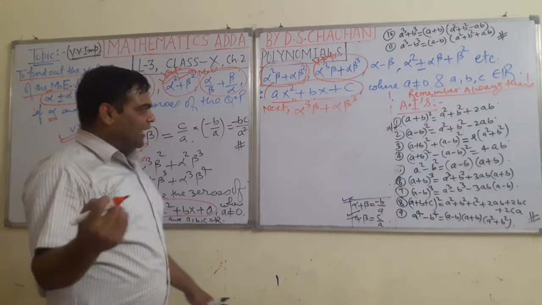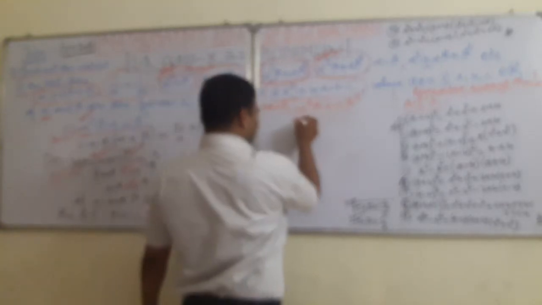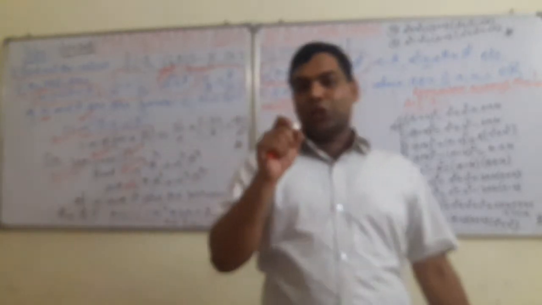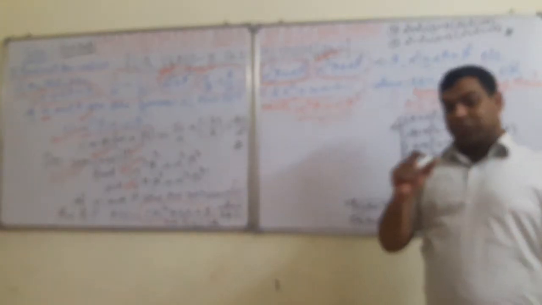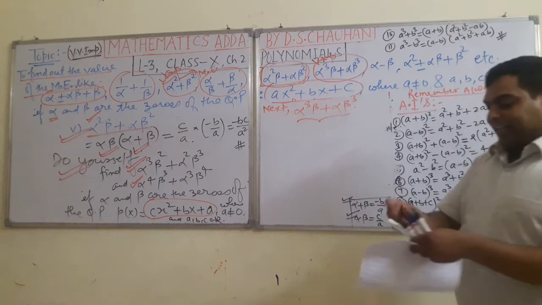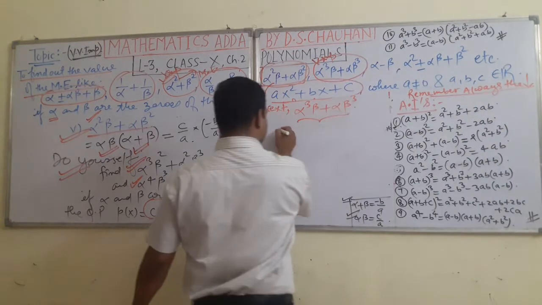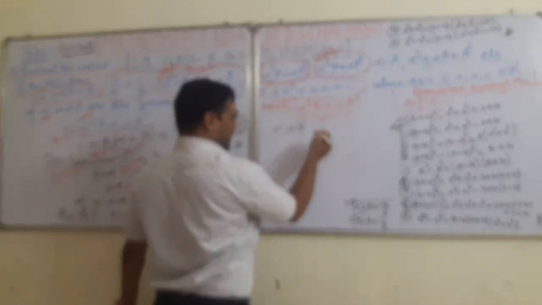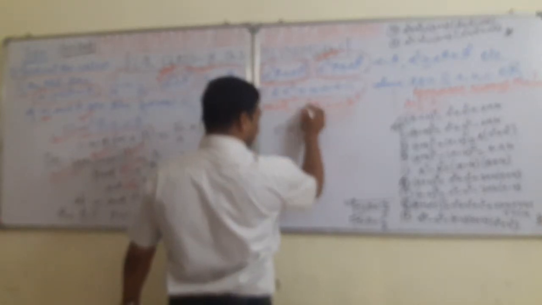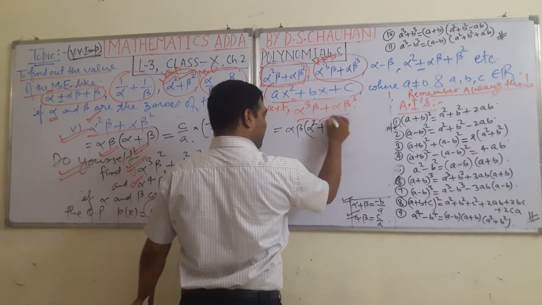See how to do it. Again you are looking that both the terms are unlike. When the terms are unlike, students, there is one point to observe: is there any common factor? So yes, here is the common factor. What is it? It is alpha beta. As you take alpha beta as a common factor, you have here alpha square plus beta square, and